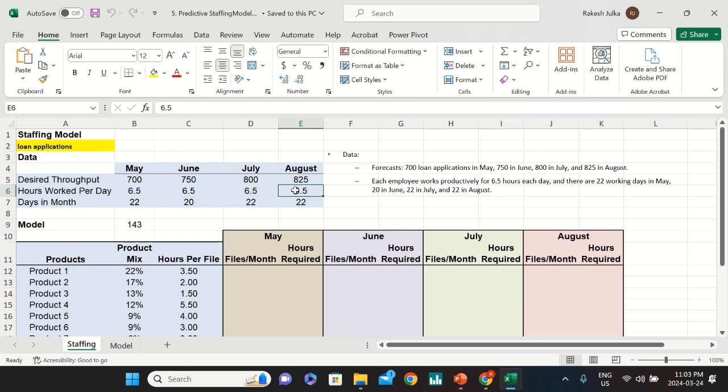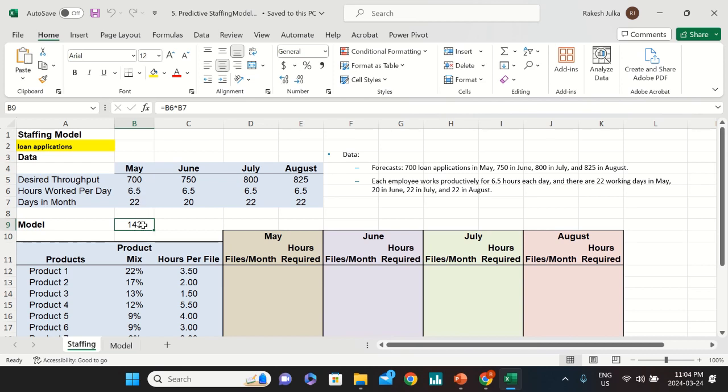Maybe it is an 8-hour job and 1.5 hours are not so productive, maybe lunchtime or some breaks or relaxation, but 6.5 hours of continuous work. Days in a month is 22 in May, 20, 22, 22 respectively in June, July, and August. So in one month,